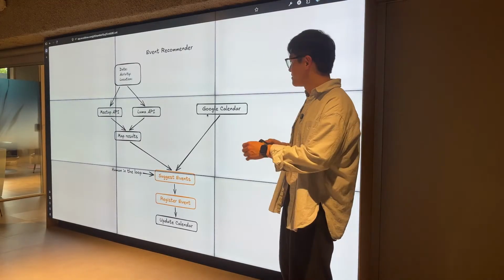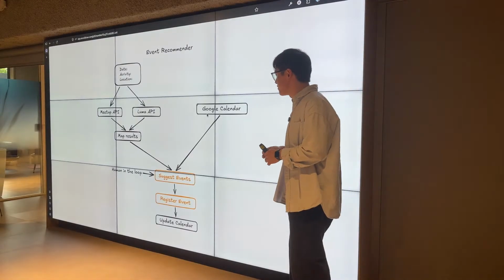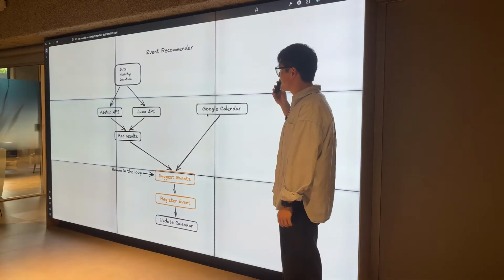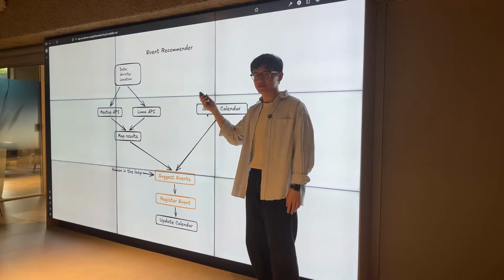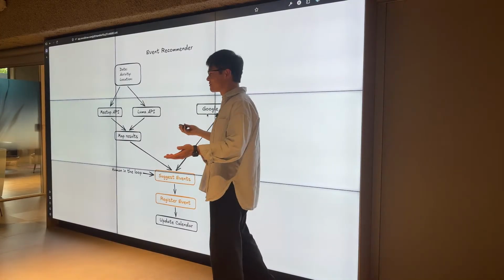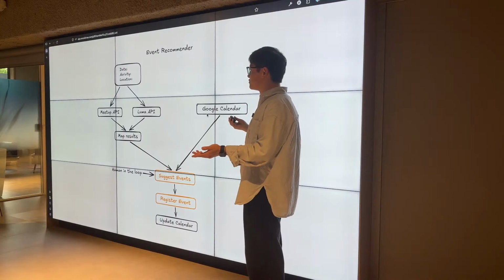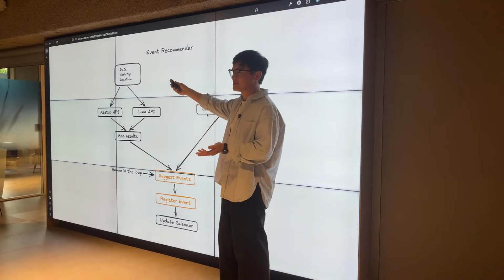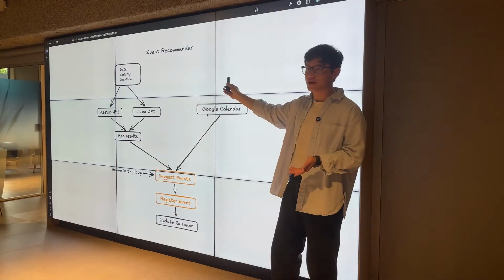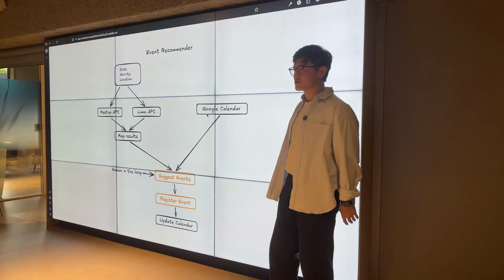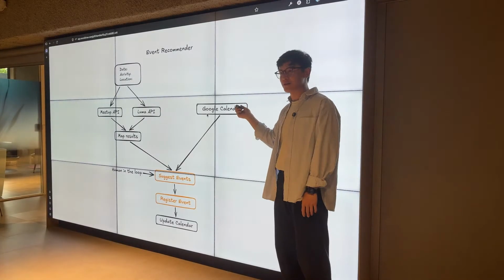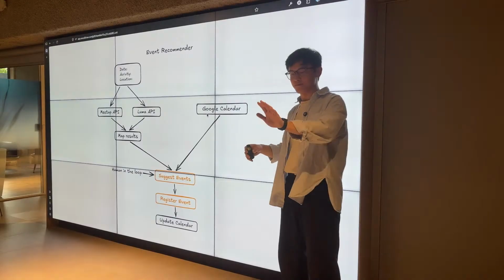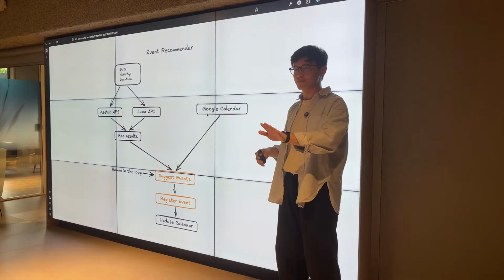Okay, so I guess now it's demo time. But before I show you the demo, let's quickly go over the overview first. I want to build an event recommender. Let's say we're here because of Meetup. I want to build an assistant that I can give a date, activity, and location, and it goes out, does its search, and comes back. It will also look at my Google Calendar or other calendars and see what availabilities I have, because if I'm not free this day, then I don't want it to recommend me any events that day.